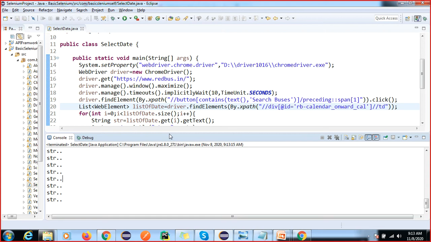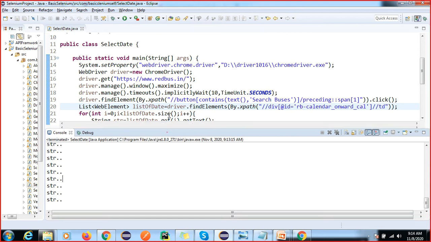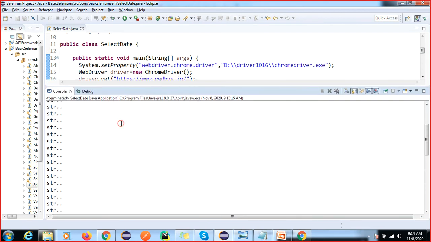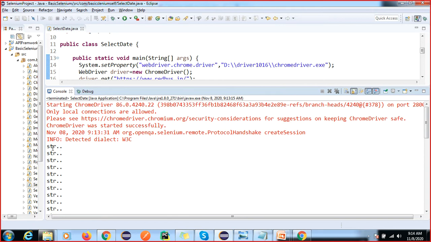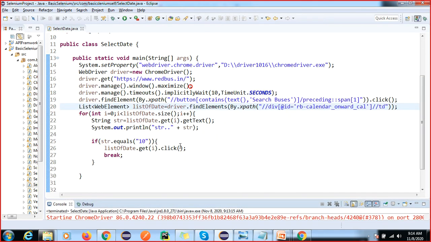The value is not displaying. See, this value is not displaying. All these values are coming. Okay, let me check. It is not displaying the value. I know that.